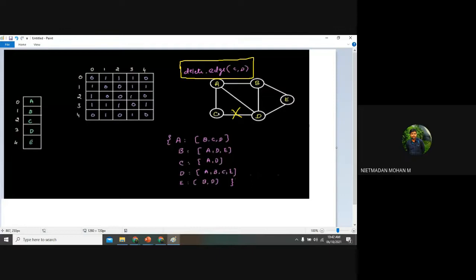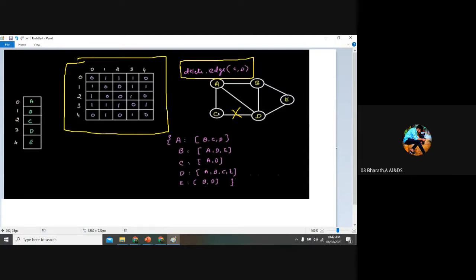So after deleting the edge, is there any difference in the matrix representation? Yes, sir. What is the difference here? In C and D, sir. C and D. So C here and D, the vertices are A, B, C, D, and E. So for C and D we have given a value called 1, and now we want to change this to 0. And again for D and C we have given a value called 1, right? Yes, sir. So for D and C we have given a value called 1, that value will be represented as 0 now, after deleting the edge.